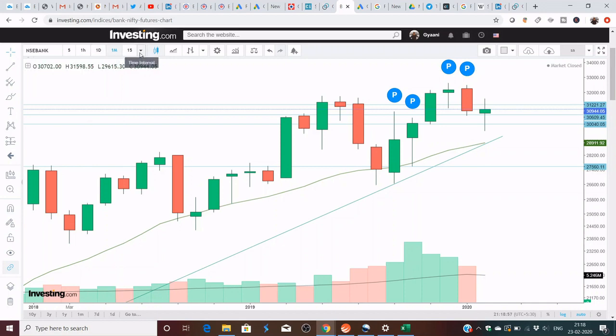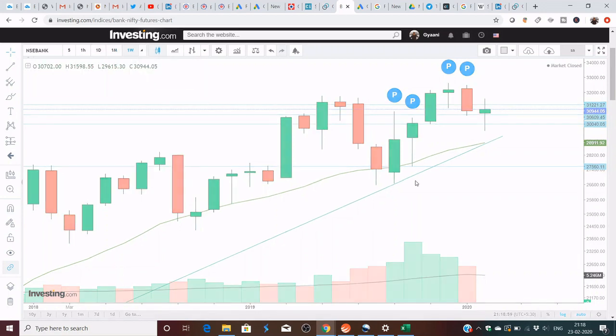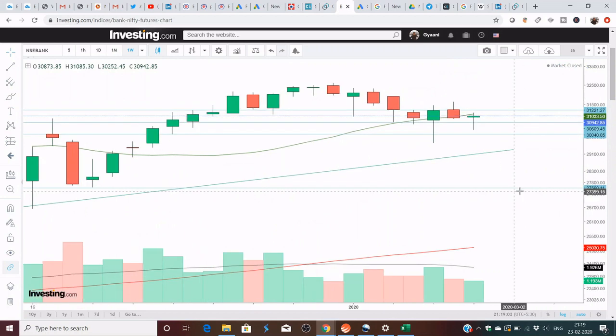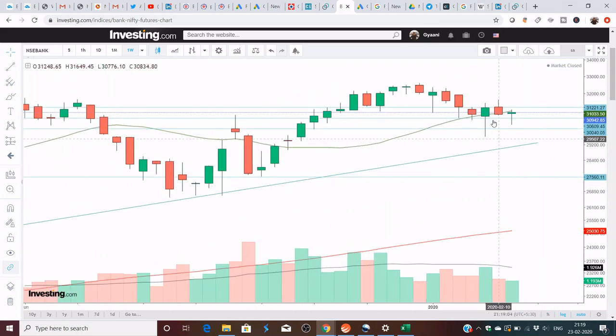So let's analyze this on a weekly time frame. What is the weekly time frame saying? On the weekly time frame, we had a nice pullback candle here, and then it tried to go up but it couldn't. Then again it tried to go up but it couldn't. But it is below the 20 period moving average, which you need to observe. But this is a strong zone. So price can stay here for the next week as well, or it needs a greater push to break this high,